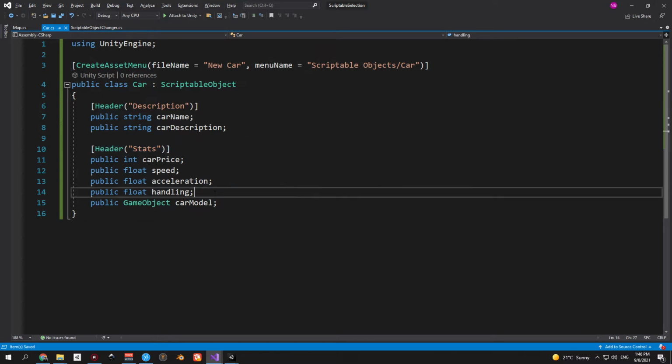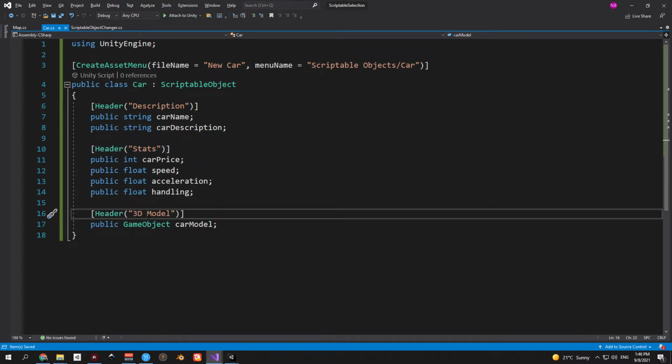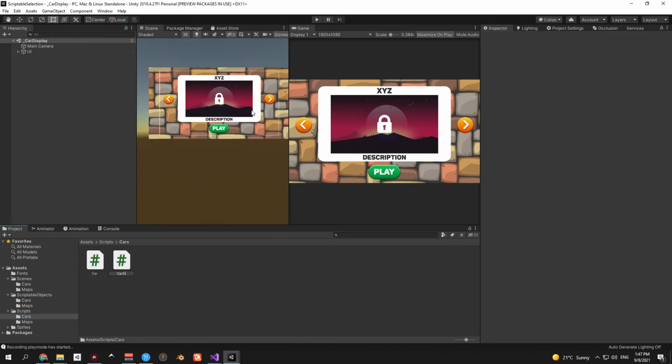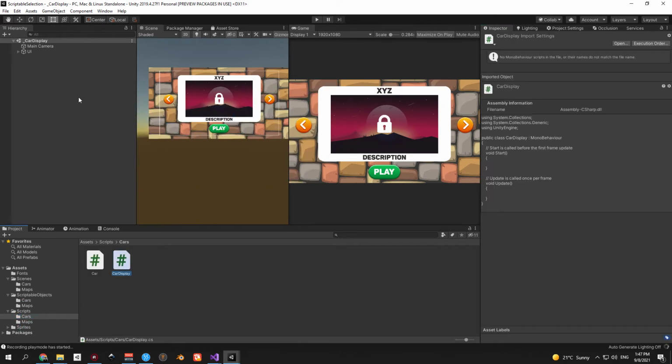This can be especially useful when you have lots of variables. Take a look for yourself. If you go back into Unity and select a car scriptable object, all our variable fields are divided into certain categories by these nice looking headers. Alright, the next step will be to create a car display script, which will have a similar structure to the